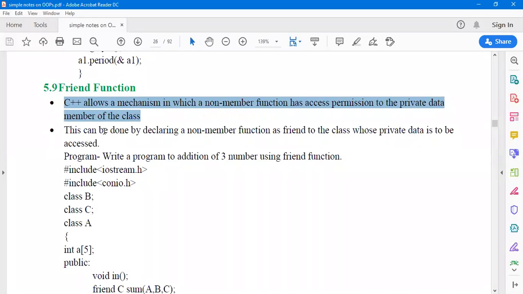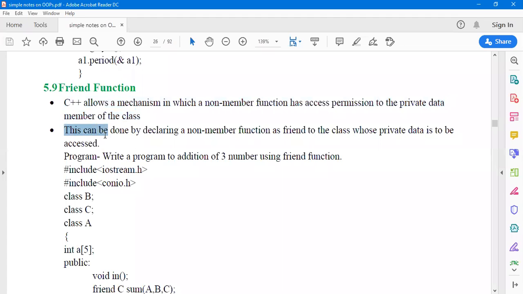Now see, as the name suggests, what is a friend? In our childhood days, we had a compass box and we had scale, rubber, pencils. Small children are very fond of all these stationery items. They feel that they are their private items. So they only share them with their friends. If an unknown person tries to access these items, they become very angry. So friend means the access to private items like pencil and rubber, which they are very fond of, is given to their friends. It is something like that.